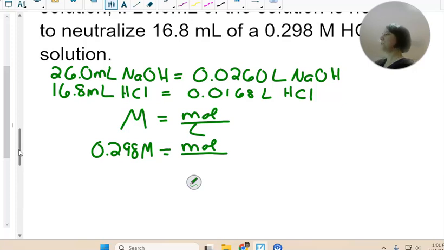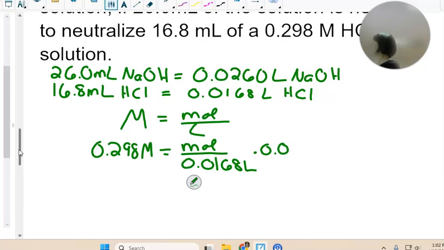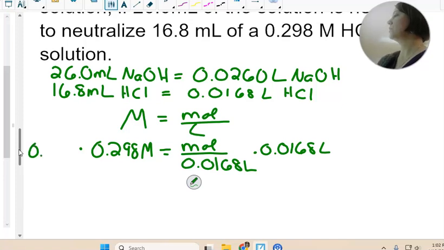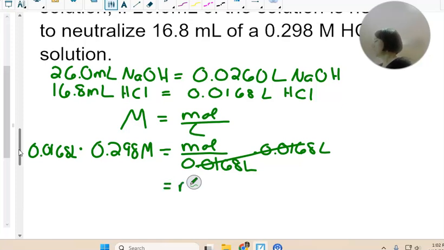Make sure to do the HCl one, 0.0168 liters. Now to solve for moles, I'm going to times each side by the liters, 0.0168 liters. Whatever I do on one side, I'm going to have to do on the other. Those cancel. And on the right, I'm left with moles. And then on the left, now is when we can grab out our calculator. I'm going to take 0.0168 and times it by 0.298, and I get